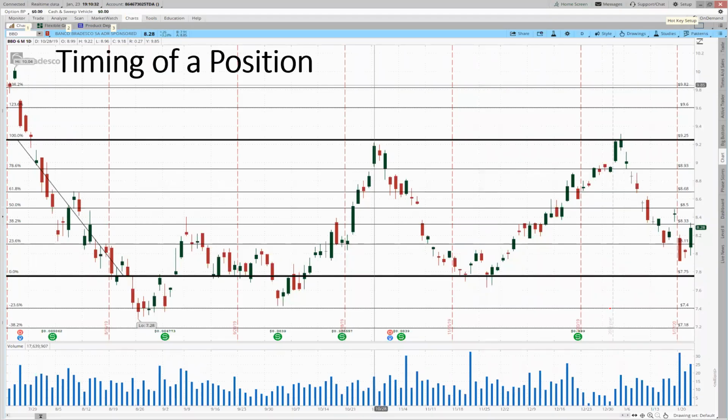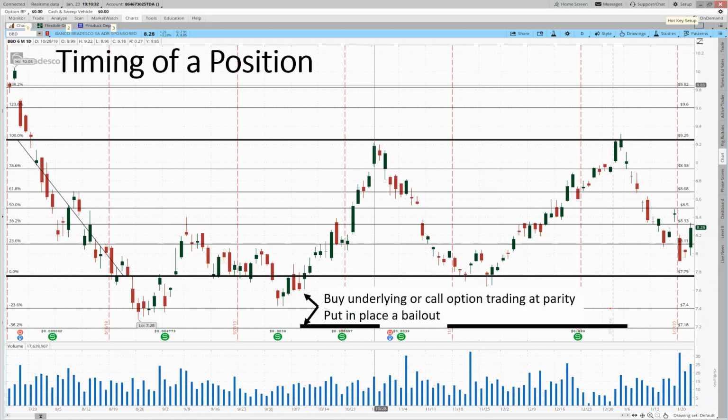And again, you noticed by the dates of the positions I showed you that I leg into these positions. So for instance, if I'm thinking about a covered call position, I would start at the bottom of a sideways, boring looking symbol. And I would either buy the underlying or the call option trading at parity. I'd put a stop loss order like you would in any trade in order to protect myself. And then I'd wait for it to top out. That's when I'd sell that near-term call option, buy that 3 to 6 month out put option.